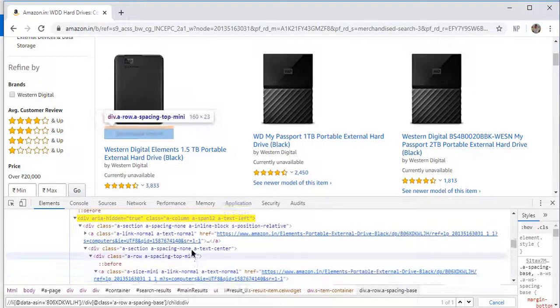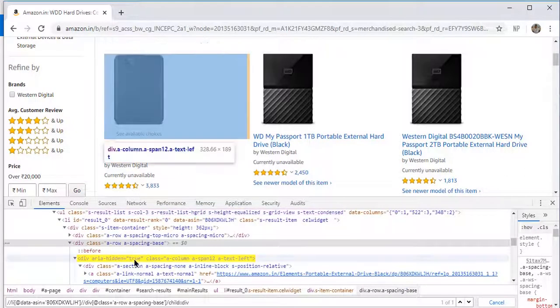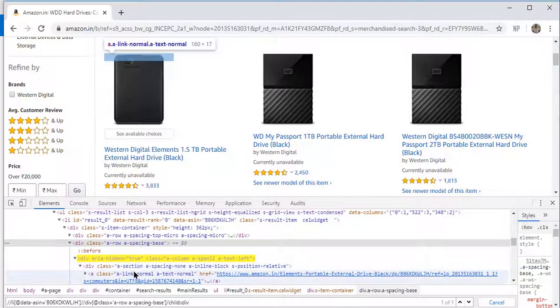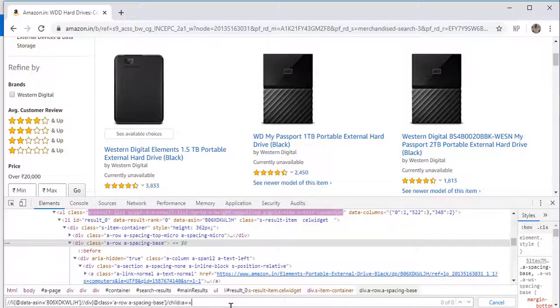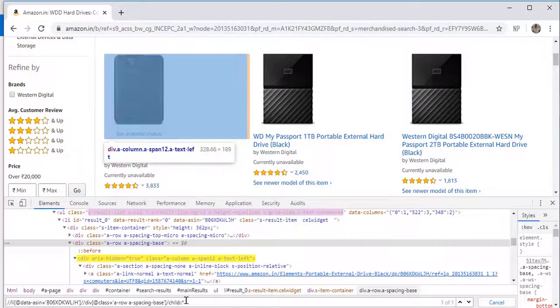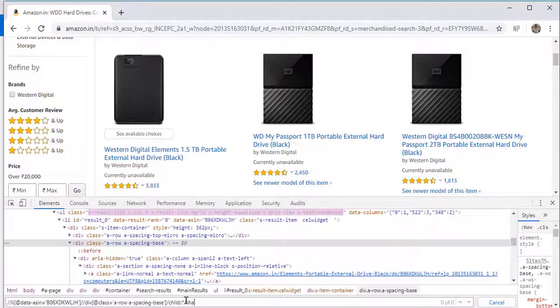Okay, so this is our base class. Inside this we have different tags. Okay, so you can give an anchor tag. So is there any anchor tag present over here or not? I guess no. Okay, so this way you can traverse to its child and then again its child.